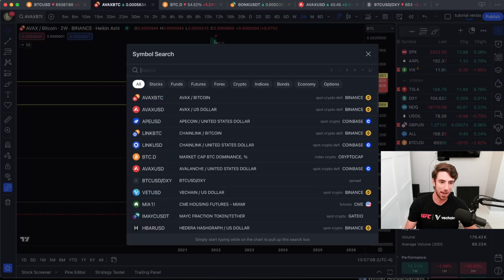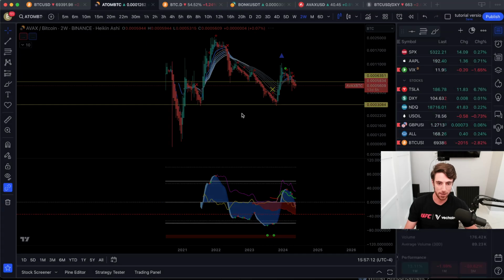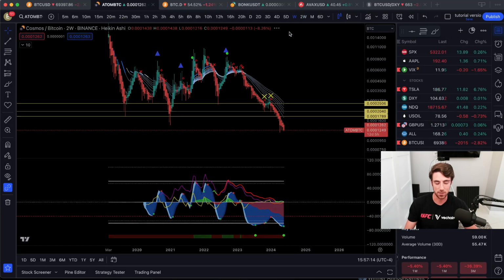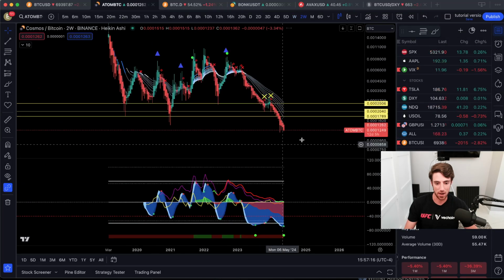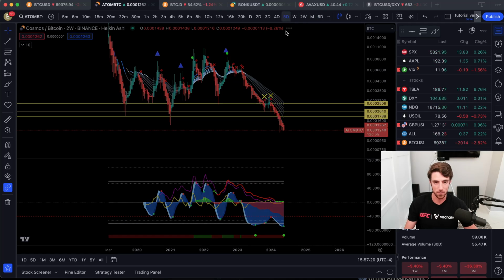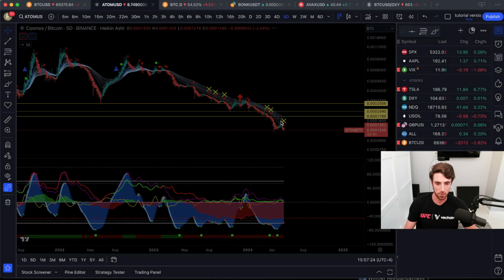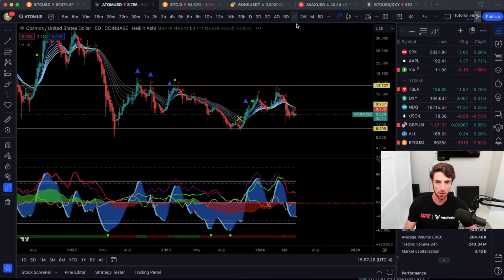The things that look bad on their Bitcoin evaluation, I do like Atom still, but just the Bitcoin evaluation, you know what I mean? Some of these are just scary, but yeah, it's part of the game. It's hard to know exactly which alts are going to survive and which alts won't. I still think Atom has got a good shot of potentially coming back, showing some strength, especially since